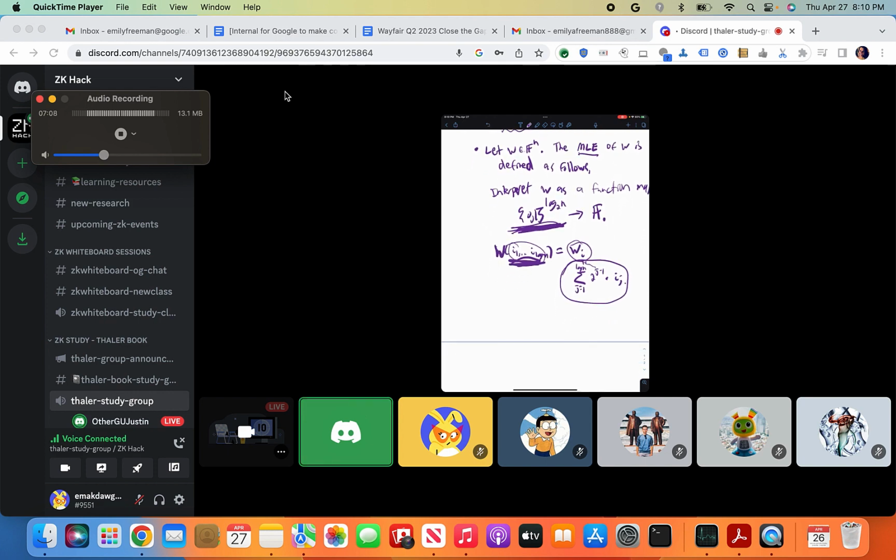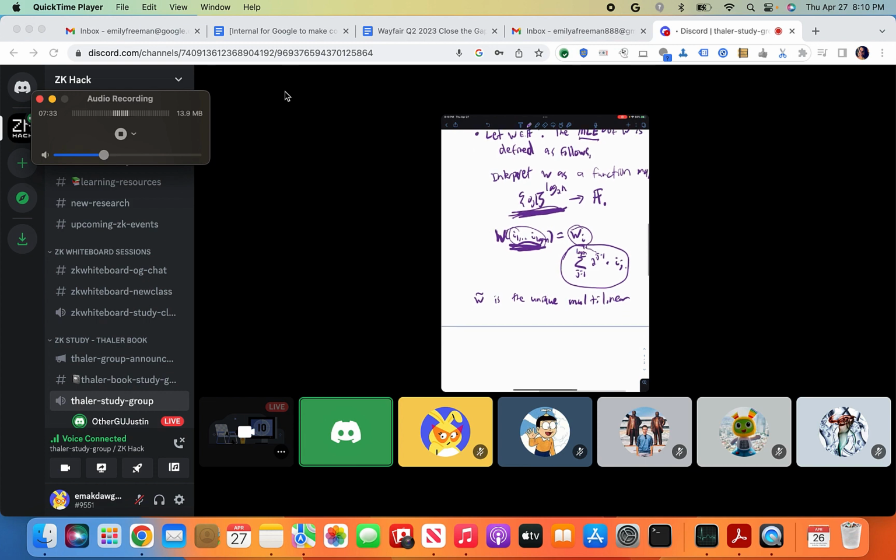Okay. Please ask a question if any of this is unclear. And W twiddle, the multilinear extension. I denote multilinear extensions by sticking a twiddle over the function or the vector. It is defined to be the unique multilinear polynomial. Multilinear means degree at most 1 in each variable,